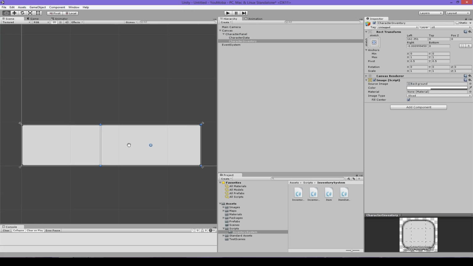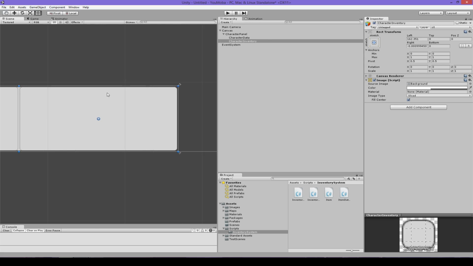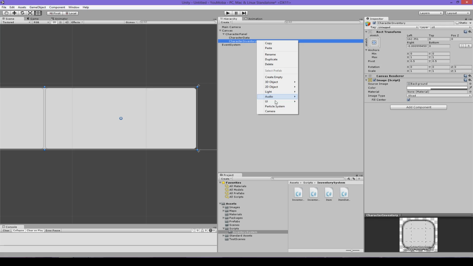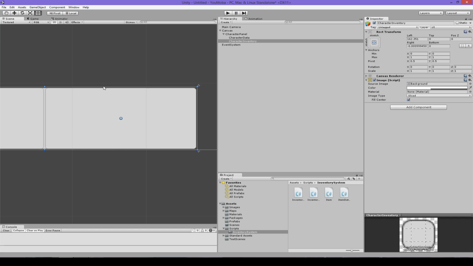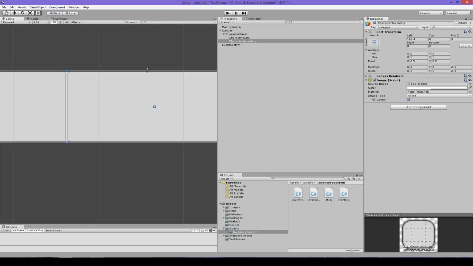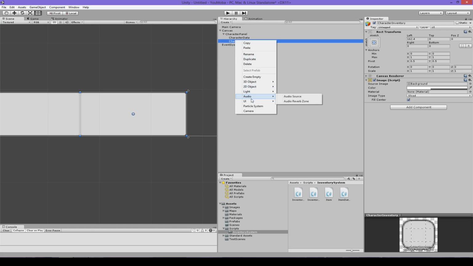So character inventory is going to be a bit different. We're going to have a bunch of little squares in it. So we'll build those. There's going to be little images. And that's what I want to do. It should be brought down. Oh, why is it so high? That's fine though. So instead of having an inventory, what we're actually going to have is tiny little panels